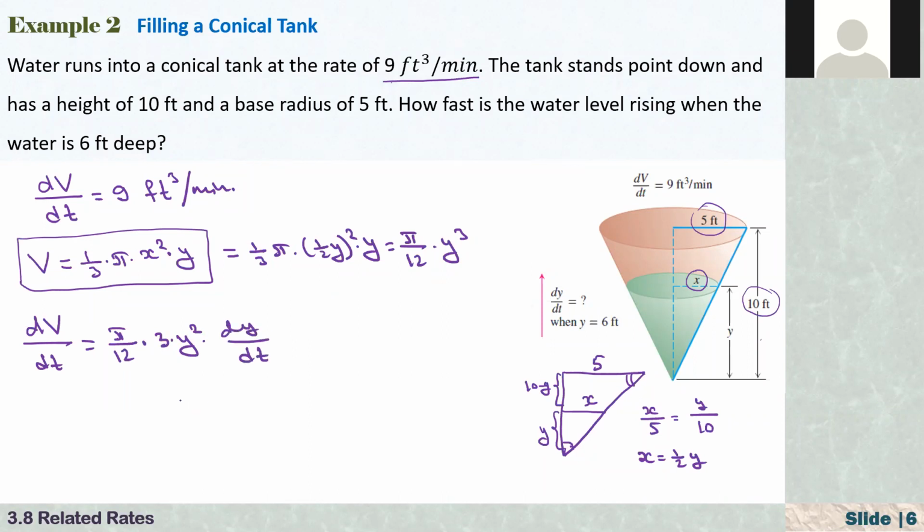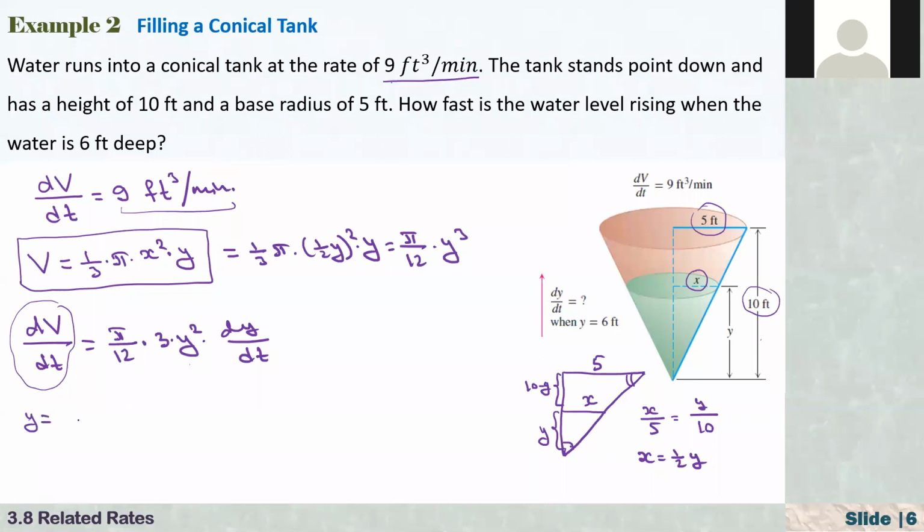Okay. So it says, how fast is the water level rising, right? I know that dV/dt is constant, right? Actually, it is 9 feet cubed per minute, right? And also, how fast is the water level rising when the water is 6 feet deep. That means that